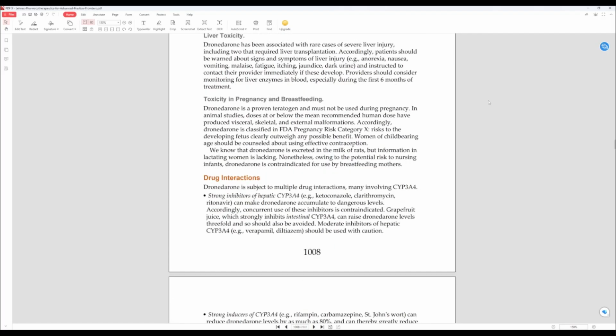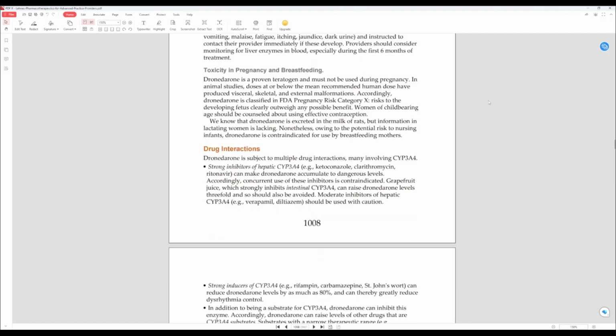Its toxicity in pregnancy and breastfeeding. Again, dronedarone is a proven teratogen and must not be given during pregnancy. In animal studies, doses at or even below the maximum recommended human dose have produced visceral, skeletal, and external malformations. Therefore, the FDA has declared this a risk category X, and the risk to the developing fetus clearly outweighs any possible benefit. Any woman of childbearing age should be counseled about using effective